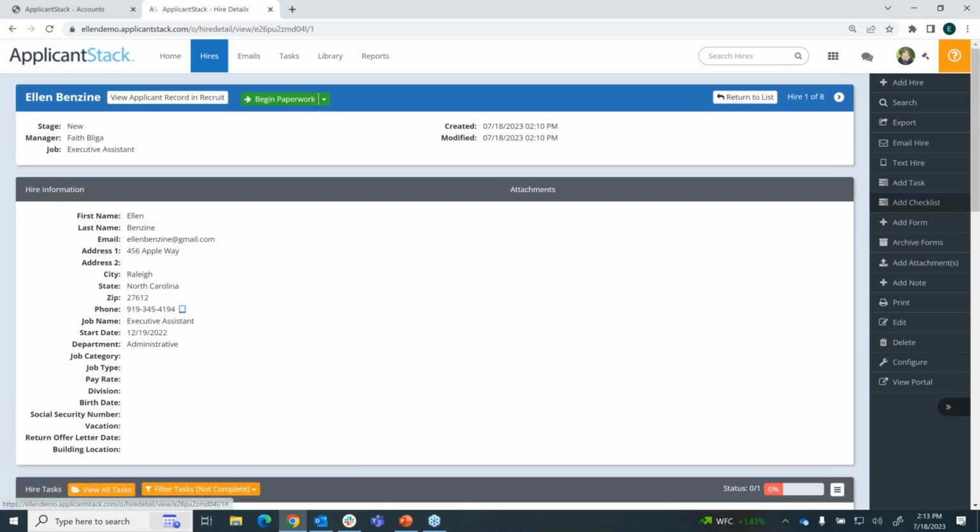If I come back over here to the gray menu on the right, I can continue to add forms one by one by one, but that could get a little tedious. So a more efficient method of doing so is to add a checklist. The checklist is the bundling of onboarding tasks. So if I click Add Checklist,